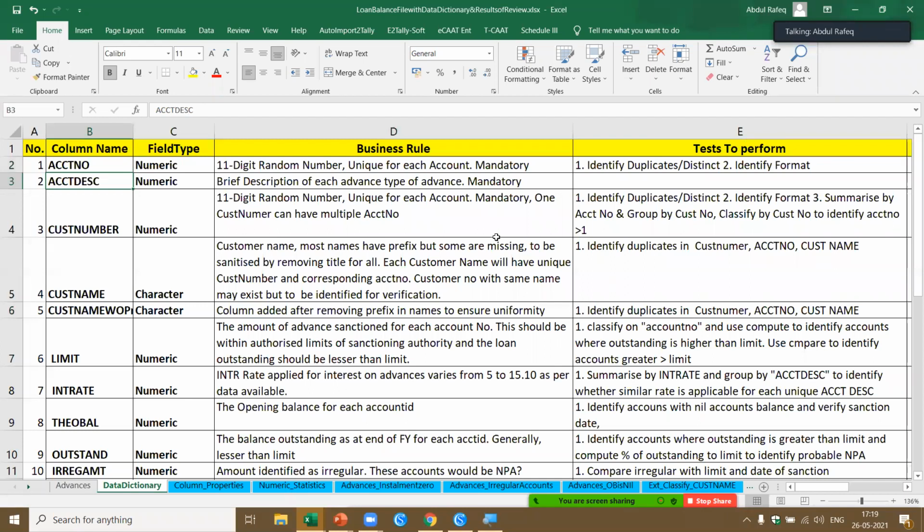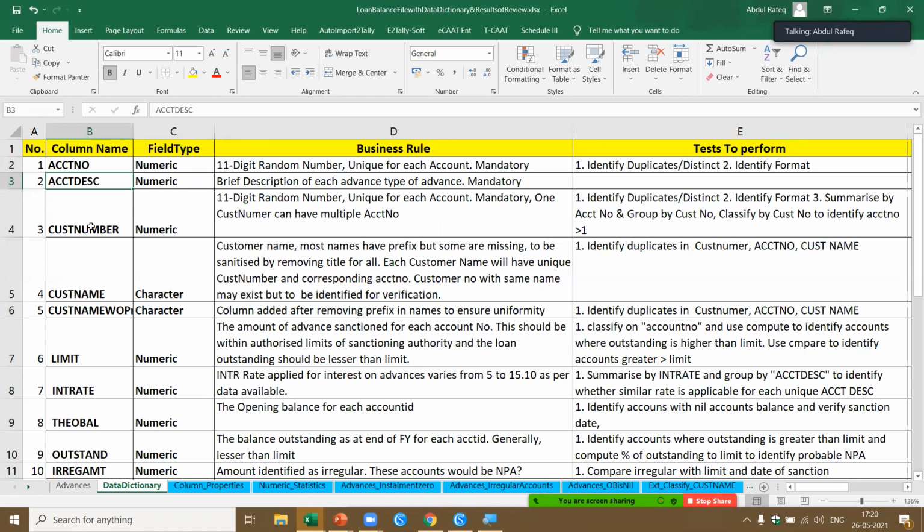So what are the rules for this? I have not written them here. So in this case, what type of tests can I perform? I can group them based on each type of advance, and then I can pick up, let's say, the top 10 for sampling. I can also get a perspective of the different types of advances and what percentage of loans has been granted under each type. And I can also use it to relate. For example, if a customer has been given a loan under one category and it has become an NPA, whether the same thing has been classified as NPA in the other categories also.